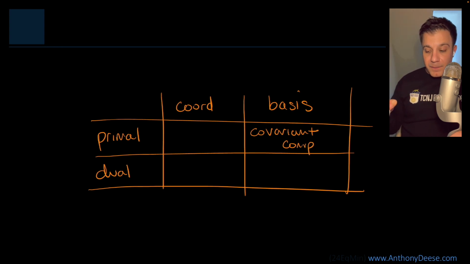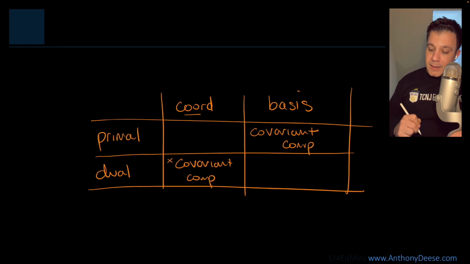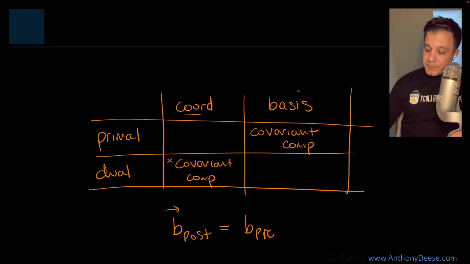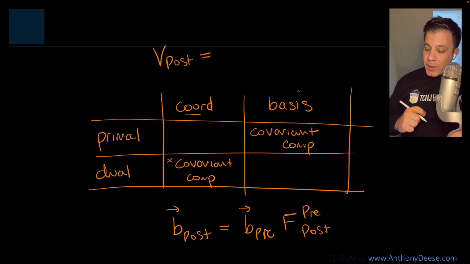Okay, and we saw that because the dual vector coordinate array follows a similar transformation rule, it's also a covariant component. The primal vector coordinate array transforms in the opposite way. If you remember, we saw that B post is equal to B pre times F pre post. However, if we want to update the coordinate array, that is going to be equal to B